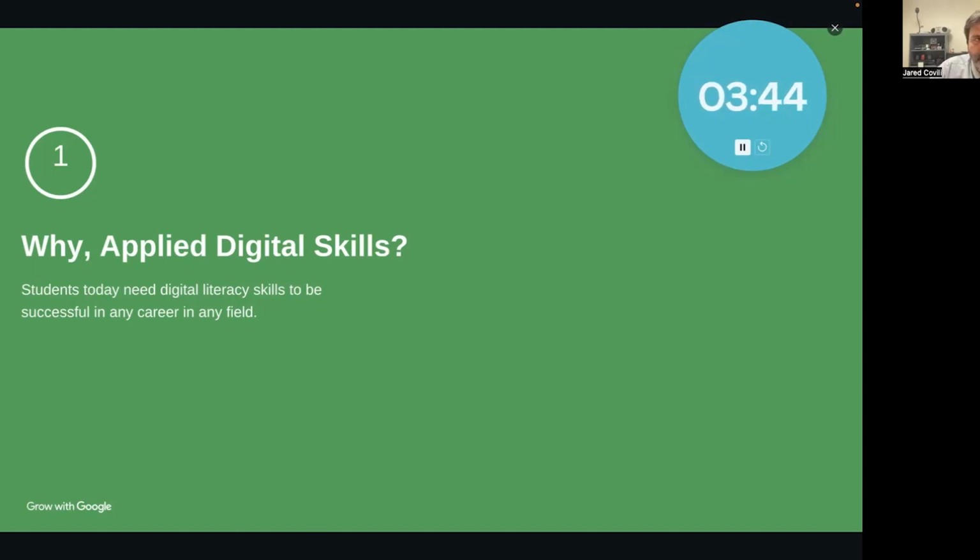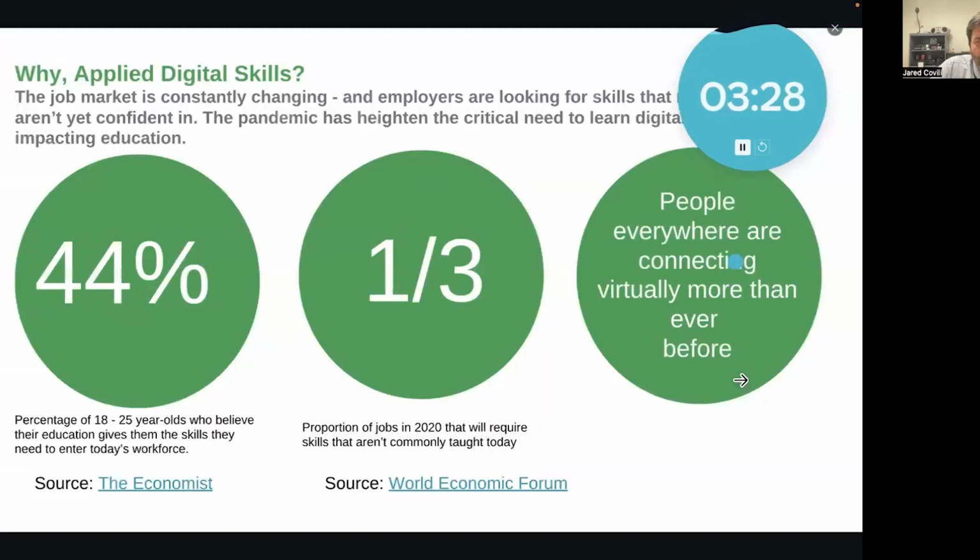Specifically, their technology skills were a little bit lacking. And so the Google engineers wanted to create a library where they could build lifelong learning skills, how to use some of the different Google tools in a way that could be applied regardless of whatever field you go into. As we look at the next slide, this is from a few years ago, but it shows the data suggesting what I'm talking about.